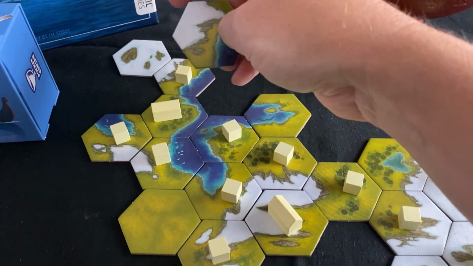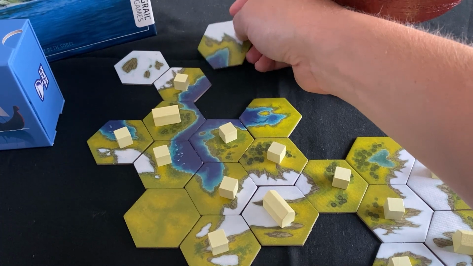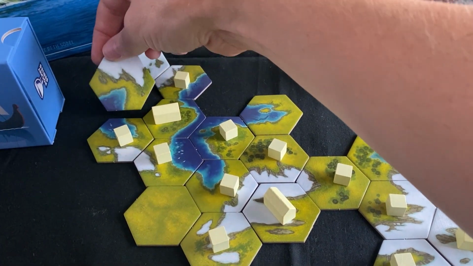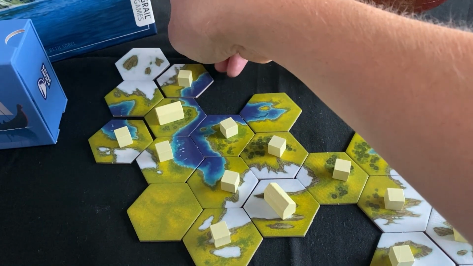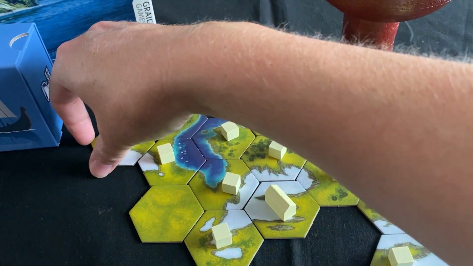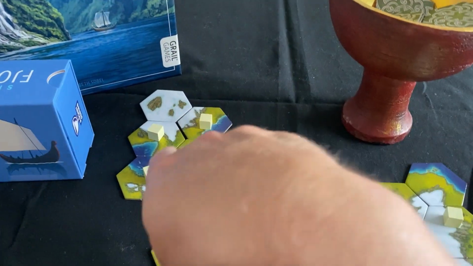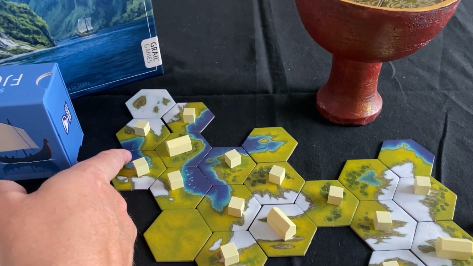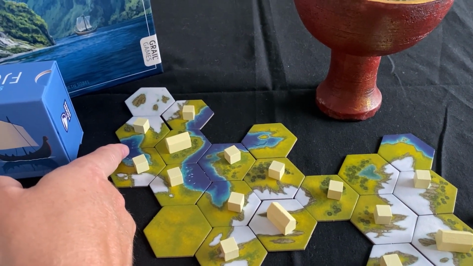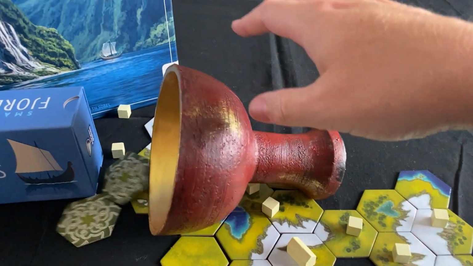Yeah, there's going to be a lot more water coming, I think. How about here? People are probably screaming at the screen where I should go. Literally screaming. Now, going here is not a bad option because it gets me a Viking out, which is a point. But it also means that this water feature, whatever you call it, fjord, is not on its own, so it's not going to be worth -1 point now. It would be better connected to the...